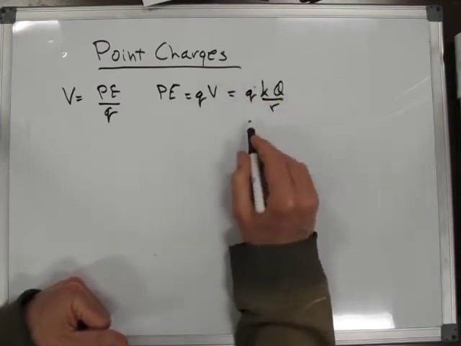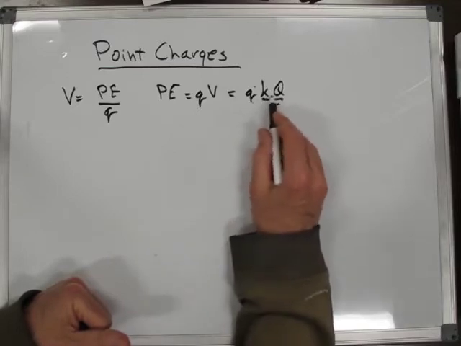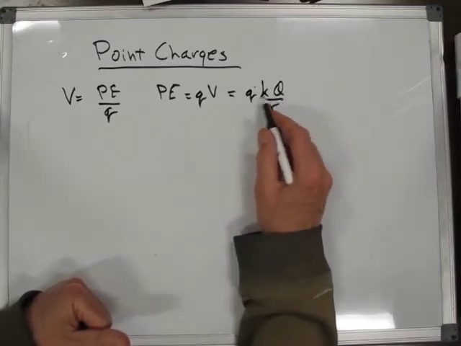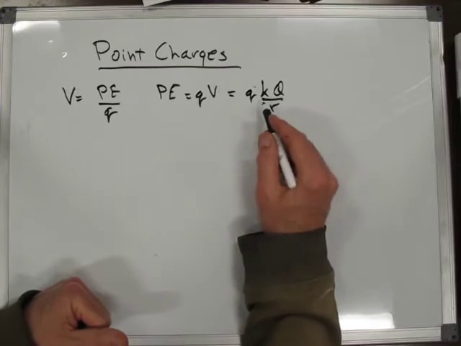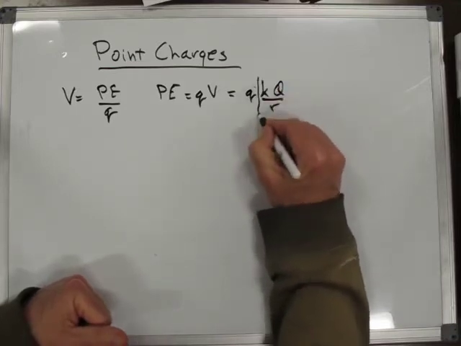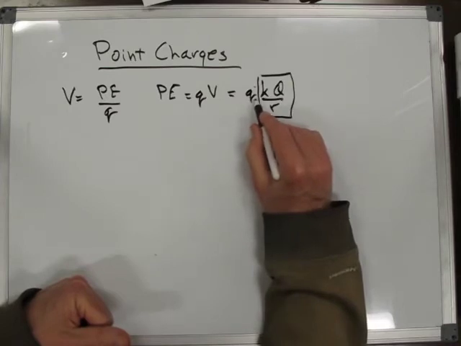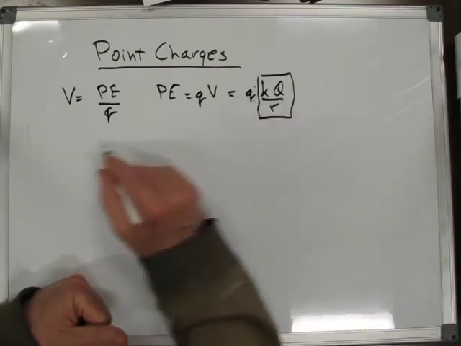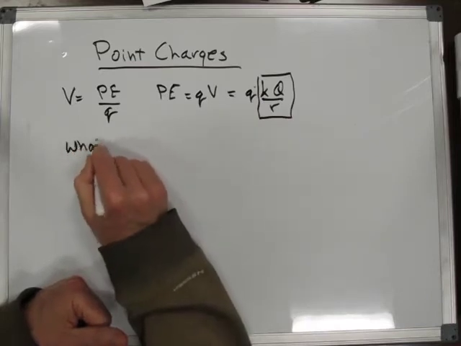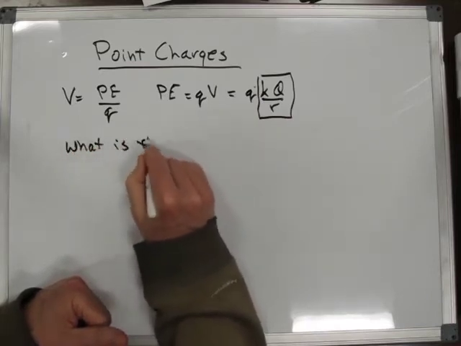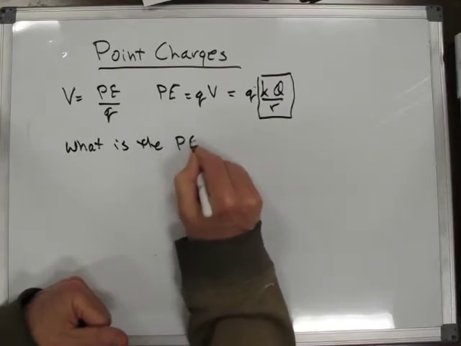So I'm just picking, I can use Q1 and Q2 or big Q and little q. Hopefully you're not bothered by the different names. And so this is the charge whose electric potential we're talking about, and this is the charge we're bringing near. And so from the last example, we could say, what is the potential energy